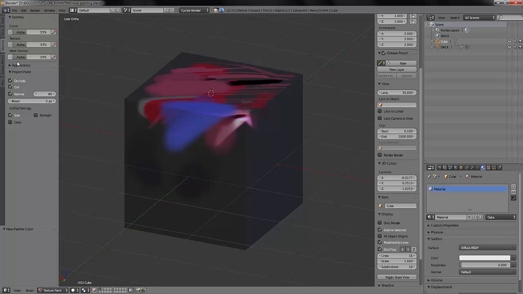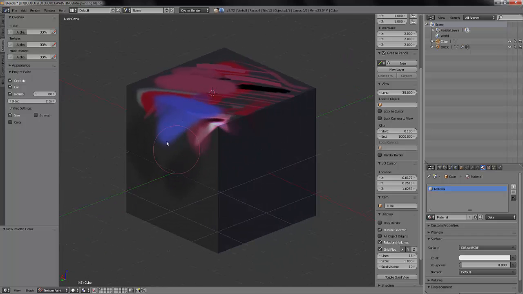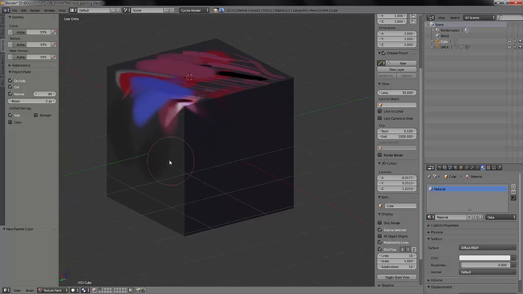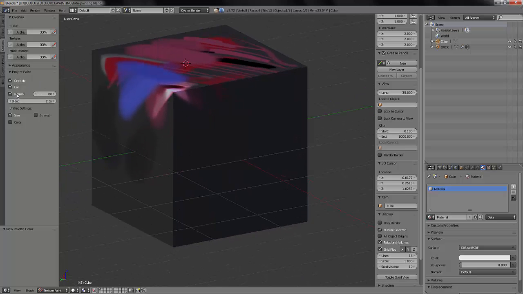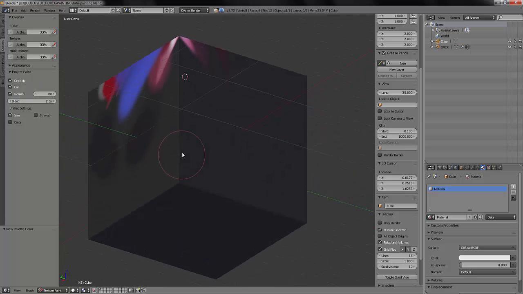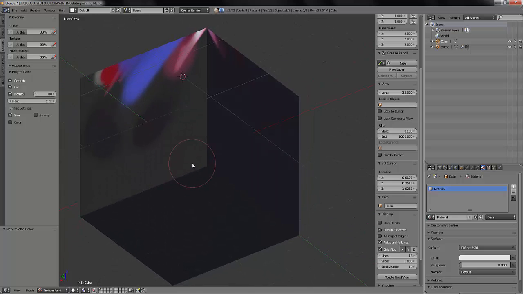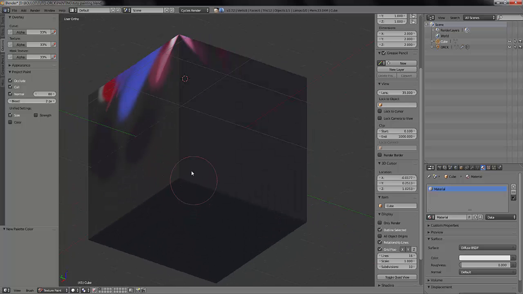Okay, so it allows you while you're painting to see those elements. What is interesting for us here is those options. The normal option allows you to change the strength of your stroke depending on the angle of the surface you are painting. If I reduce it here to 30%,